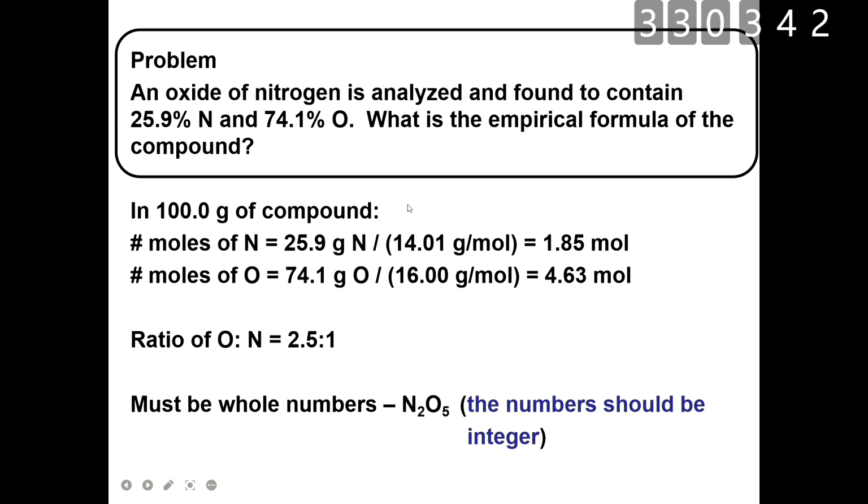So for example, here's the question. An oxide of nitrogen is analyzed